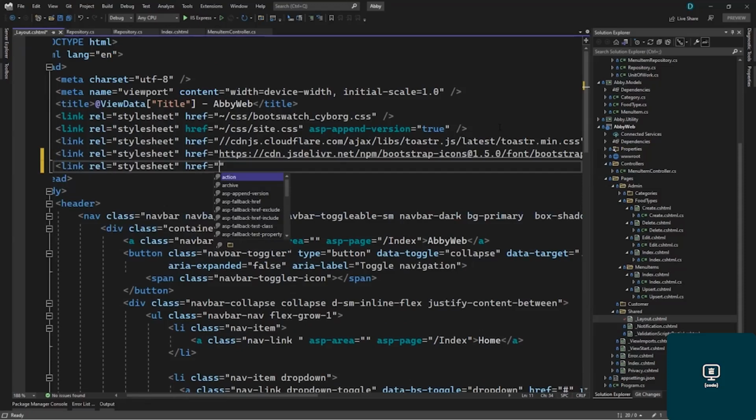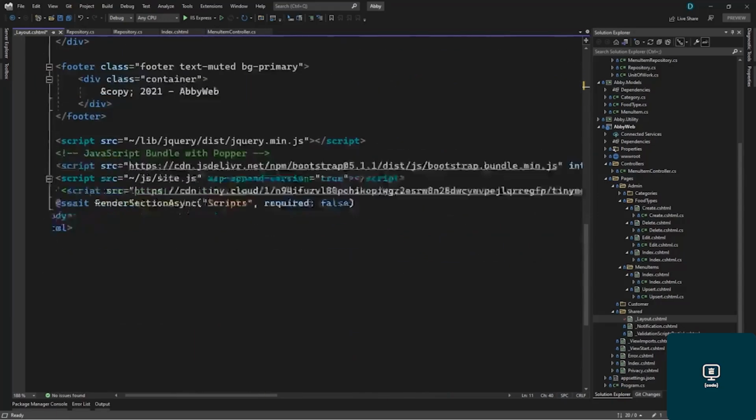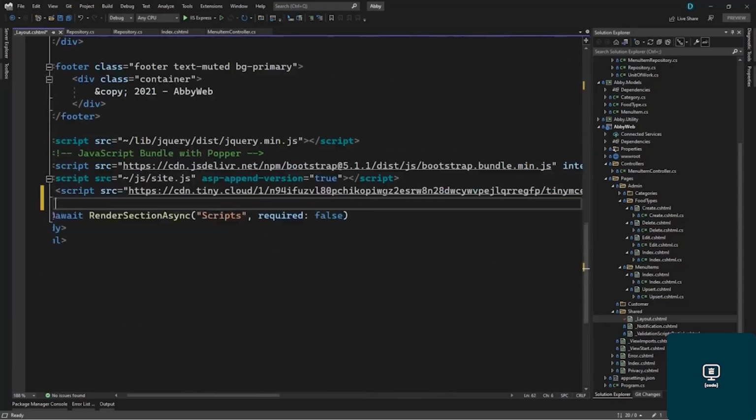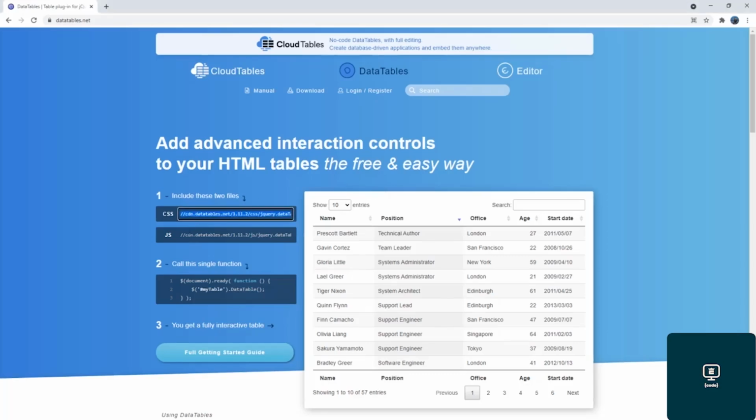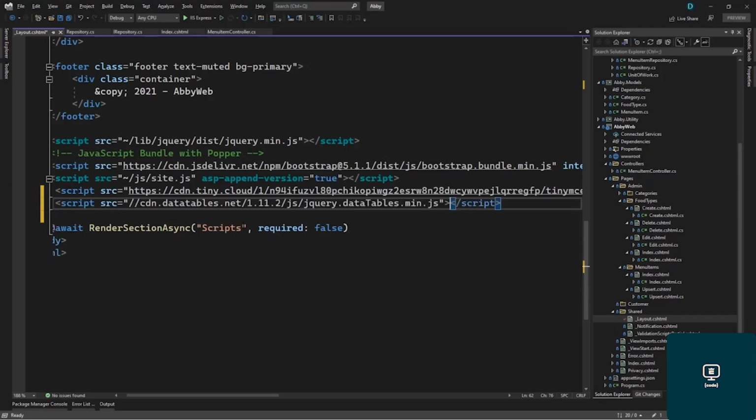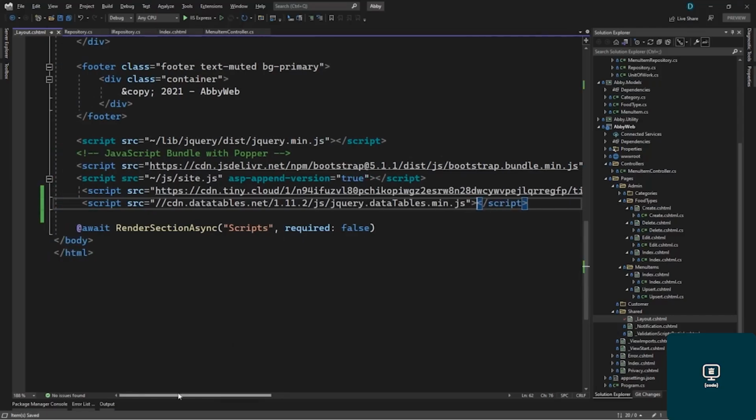We will paste that where we have the href, and that looks good. Then we scroll down where we want the JavaScript. Right here, we will be adding script src is equal to. Let's go back and copy the JS link here, paste that, and with that we have added data tables to